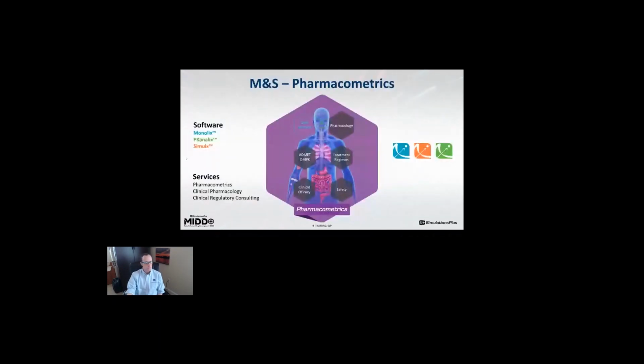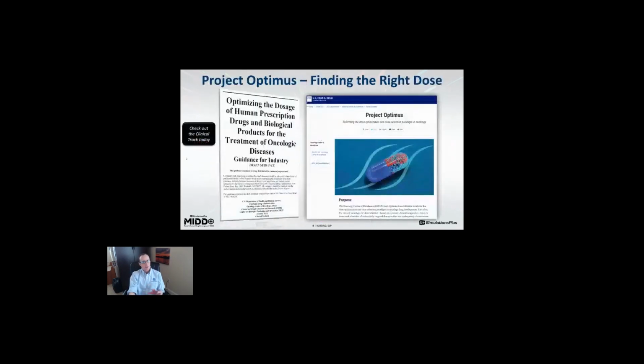First, in the area of pharmacometrics, for us it's really about our excellent services division, Cognigen, focusing on pharmacometrics and clinical pharmacology, as well as our state-of-the-art Monolix software platform and tools focused on POP-PK modeling and other applications. Within this space, Project Optimus is a big key motivator. I think most of you are familiar with this. If not, it's a major undertaking and movement in the field of oncology to look for the right dose as early as possible in the development program.